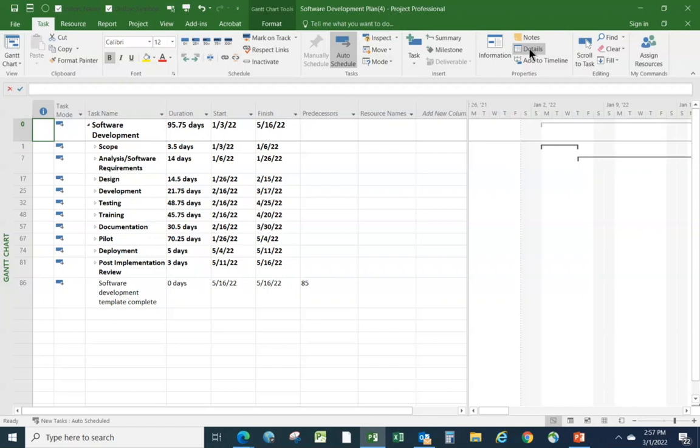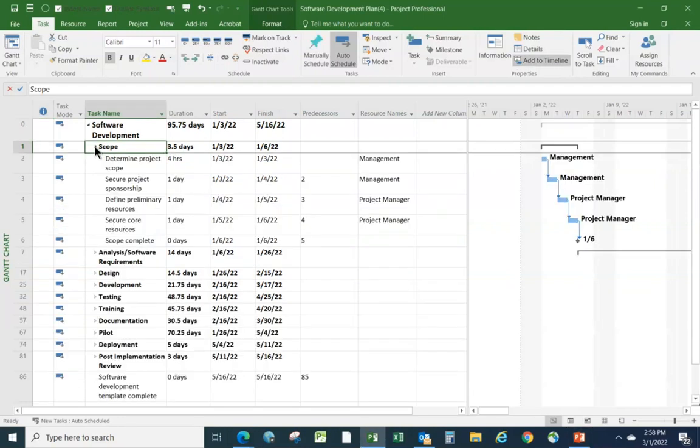So let's start working on this to get to a point where I can start demonstrating and you can start practicing some of the formatting options. So the first thing that I will do here is let's expand all of these collapsed tasks here. You'll see that this software project has various components of a software development exercise. But within each of these, if I open up Scope, you'll see that there are multiple other tasks underneath there,